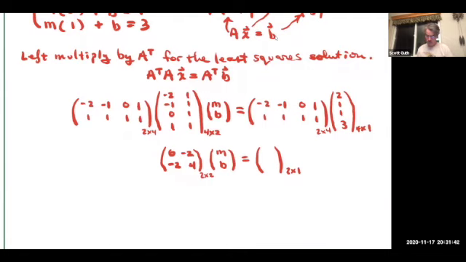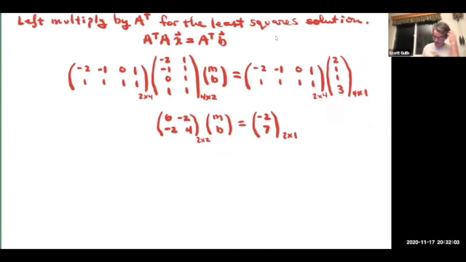That's -4 minus 1, -5 plus 0 plus 3. I think it's -2 here. And then 2 plus 1 plus 1 plus 3 is 7, I think. Okay, so that's your simplified system of equations, which you can now solve,